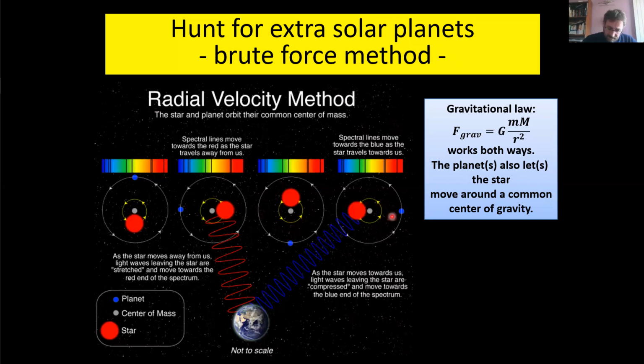But then when it starts moving towards us again, the wavelength gets contracted, we get a blue shift, a higher frequency, so the light is blue shifted slightly. And this should happen periodically, depending on the orbital period of the planet around the star. So this is the brute force method,